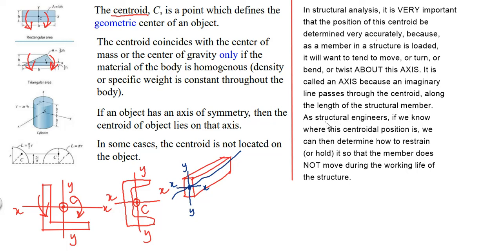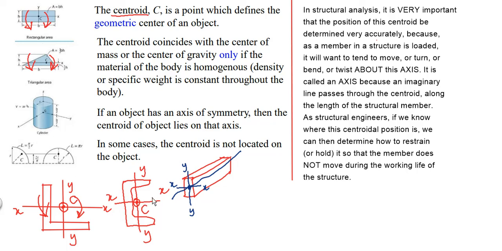As structural engineers, if we know where the centroidal position is, we can determine how to restrain or hold the member so that it does not move during the working life of the structure. So as part of analysis, we need to determine that position